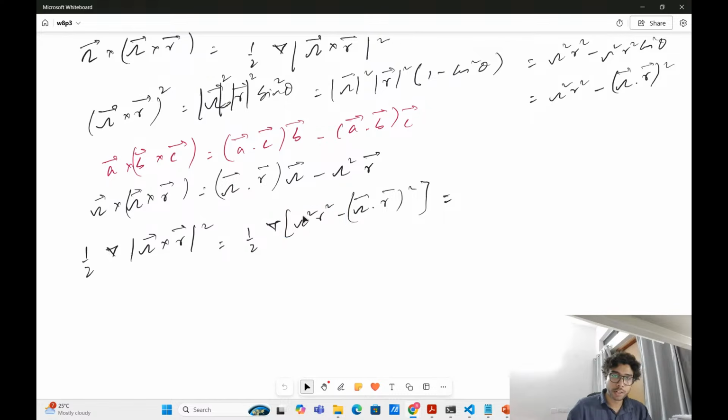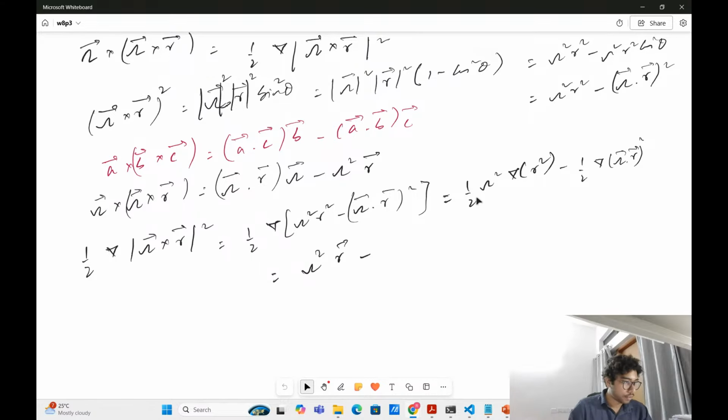So that 2 will cancel with this 2. So this will just be omega square r, right? Well, let me actually write another step. So this will be half omega square del r square minus half omega half delta omega dot r whole square, right? And so del r square will be 2r, 2 will cancel, so this will be omega square